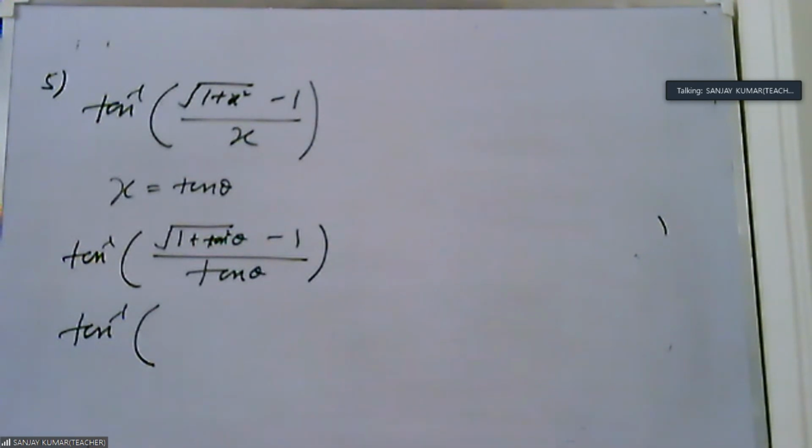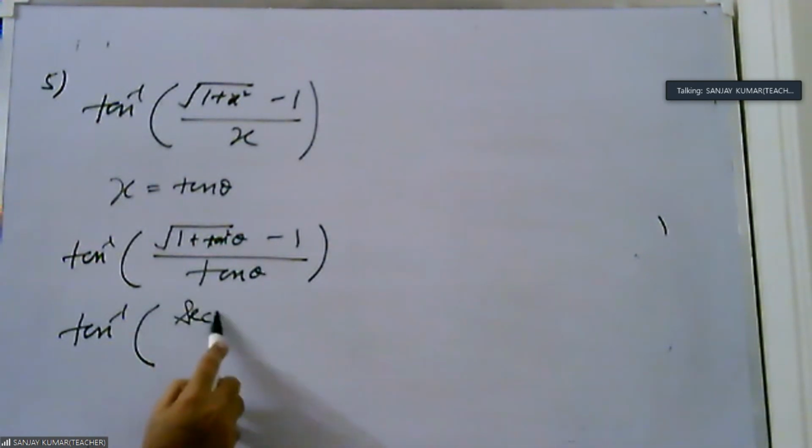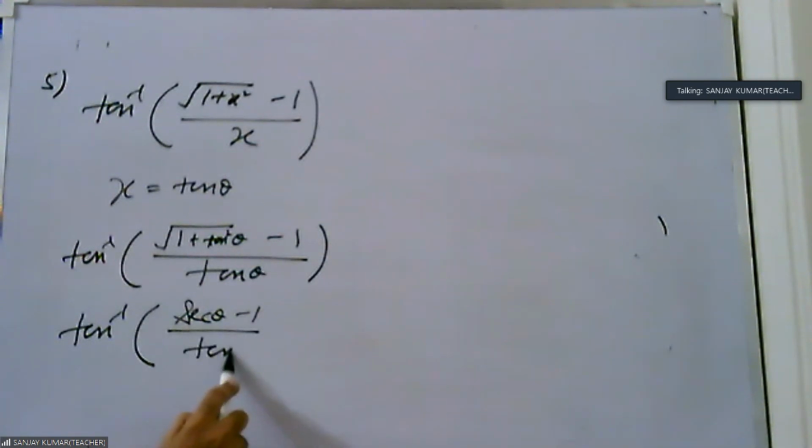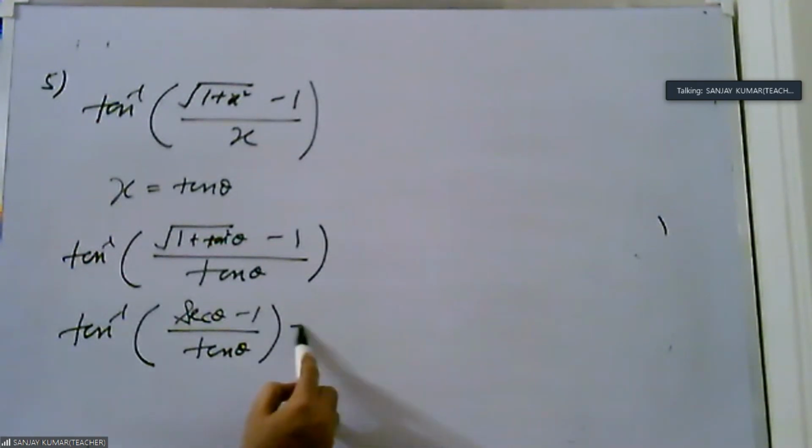Yes, good, good, good. Please see your screen. This is sec theta minus 1 upon tan theta. Now देखो, we are using the first type, the table number 1. मैंने आपको ऑलरेडी बता दिया है. In table number 1, 3 formulae are gifted to you. One is 1 minus cos, second is 1 plus cos, third is sin theta. But all the formulae are in terms of sin and cos, and we have sec here. तो ये तो क्लियर है कि अगर टाइप 1 आप यूज करोगे, then you can use these three formulae, otherwise आंसर आएगा ही नहीं. Okay, but now you have sec and tan. That means you require sin and cos. So you change to sin and cos. Again, see,